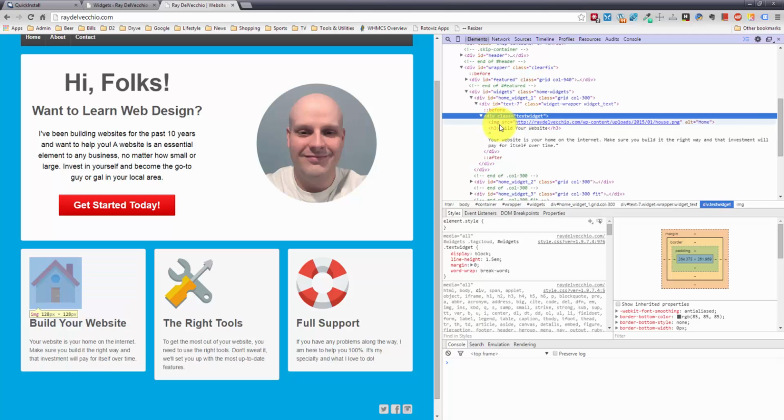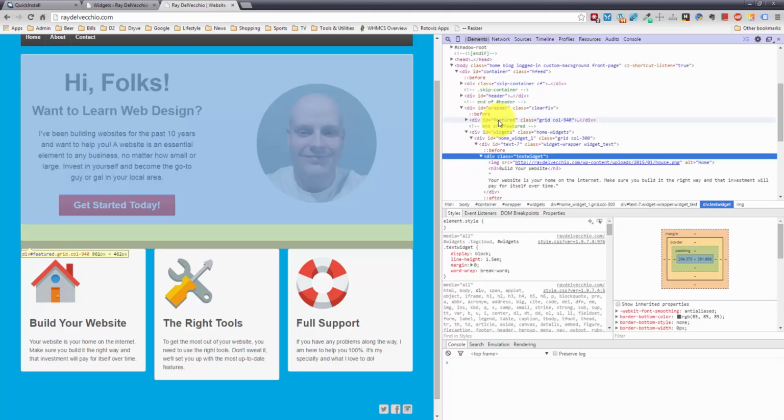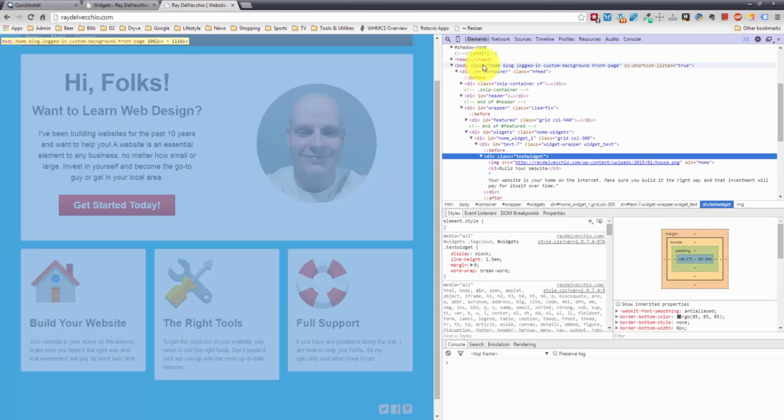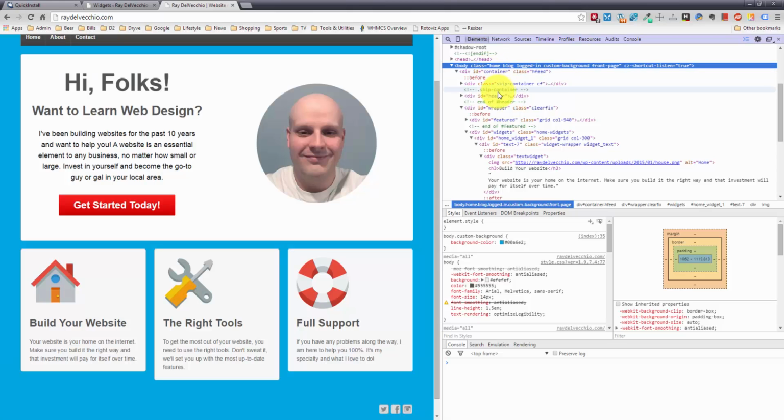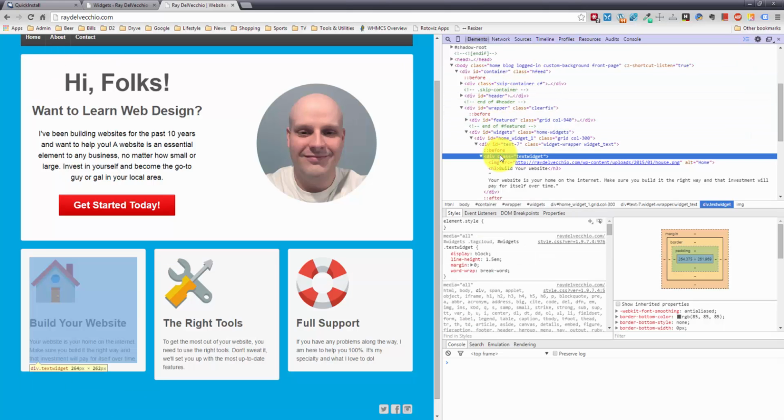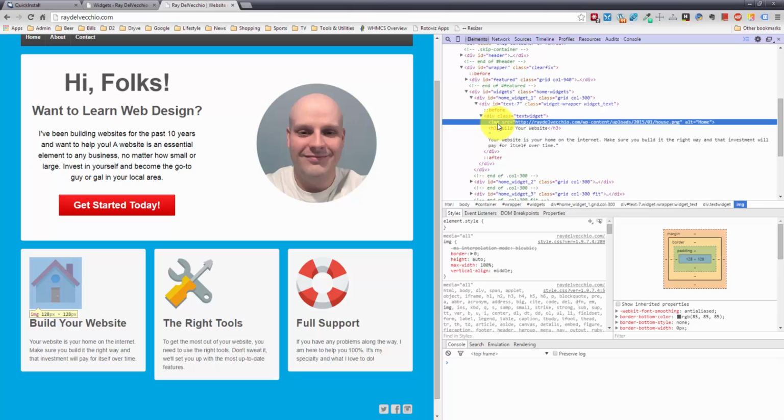And the other thing that I think about is what pages this is going to be on? Because you could target each page in WordPress by going up to the body section here. So since this is the home page, you'll see that it has a class home. If it's one of the inner pages, it'll have a class such as page-id- and then a number, and there's a different number for every page. So you could target specific pages for specific styles. So for this one, I'm targeting the home page, and then I'm going to target the text widget area, and then I'm going to target images within that. So now that I have that in mind,